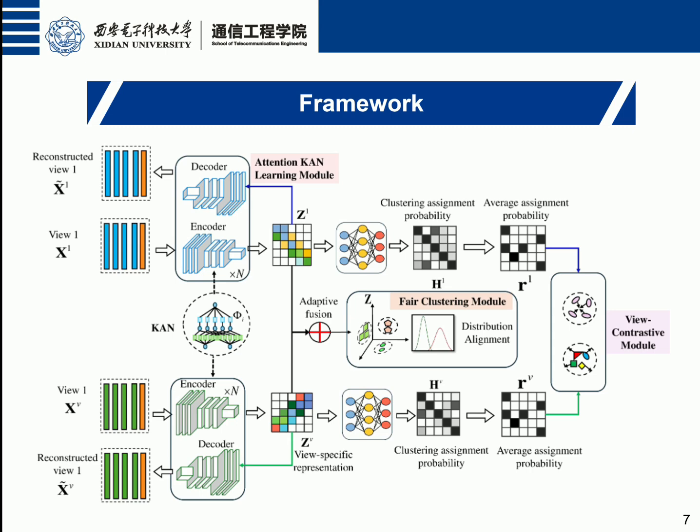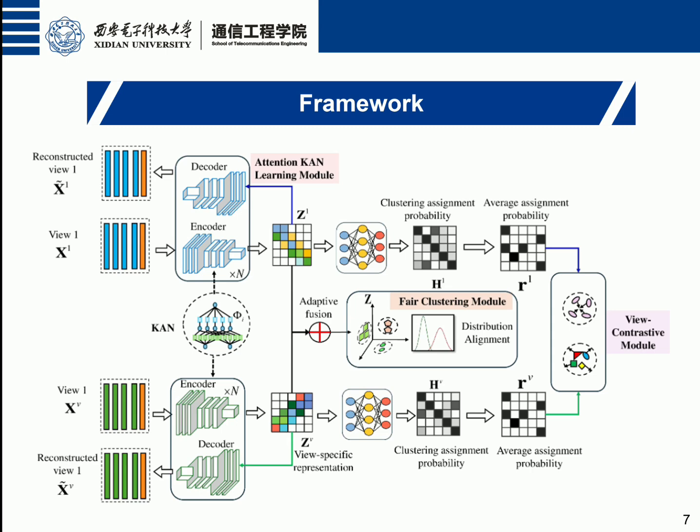network with softmax, to generate the probability distribution over clusters for each sample. Here, we introduce a view contrastive loss. Specifically, we want the clustering probability distributions for the same sample across different views to be as consistent as possible. This explicit constraint helps maintain semantic consistency across views and prevents noise or bias from any single view from dominating